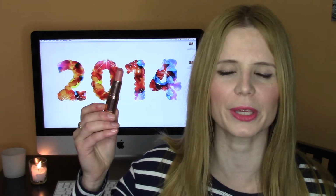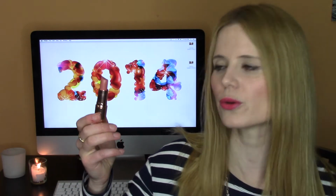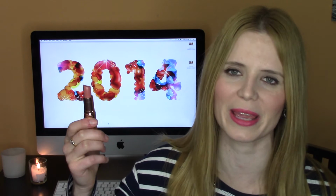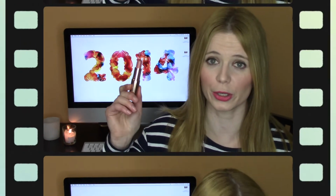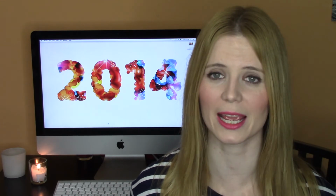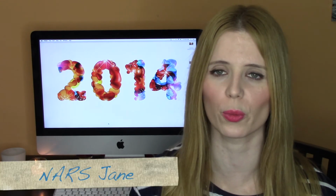This is just a beautiful peachy nude. It's just really, really lovely. It's not a very light nude. It won't make you look completely dead, and it's really creamy and pigmented. This is just beautiful. As for my favourite colourful lipstick, I'm actually going to go for one of the NARS